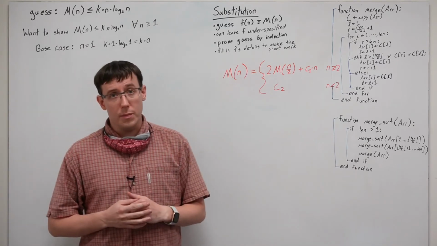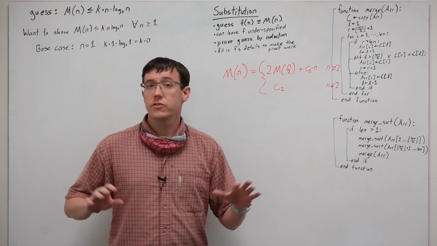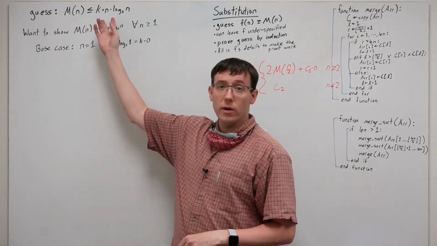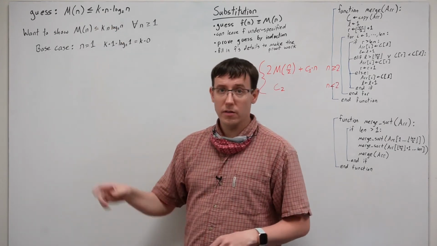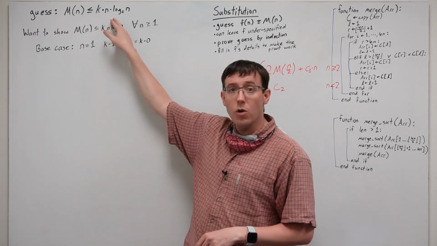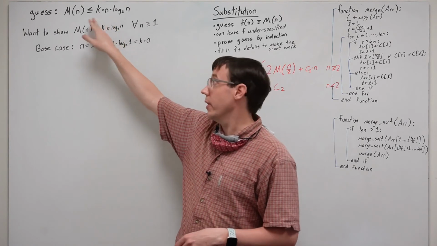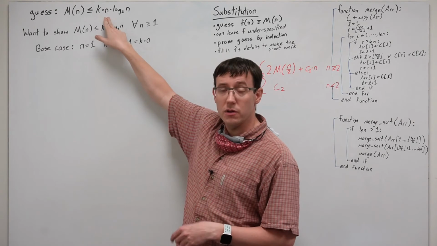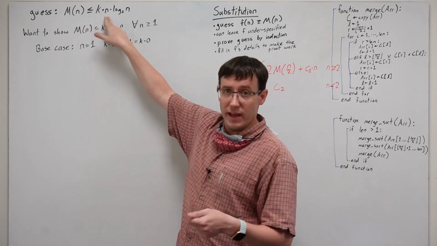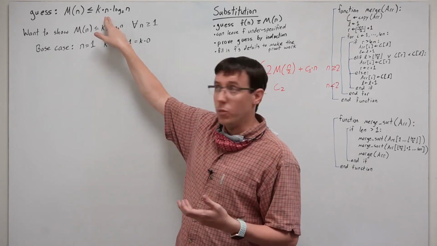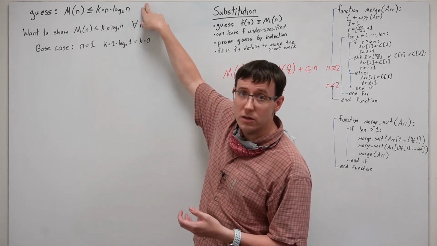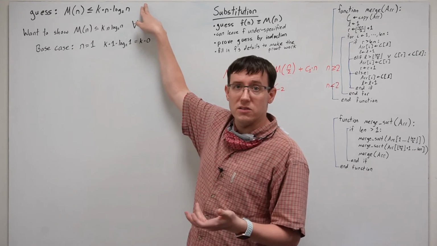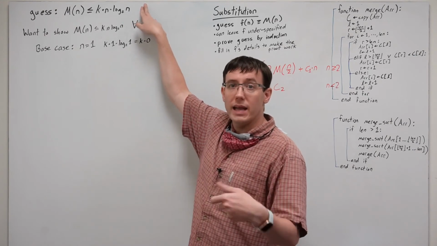So what can we do about this? Well, we have several options. One is that we could change our guess. We think that there is a big O of n log n function that will upper bound m, and we could pick a different function that is still big O of n log n. For example, we could add some constant to our upper bound function. And when we do big O analysis in the end, that constant will go away and we'll still get n